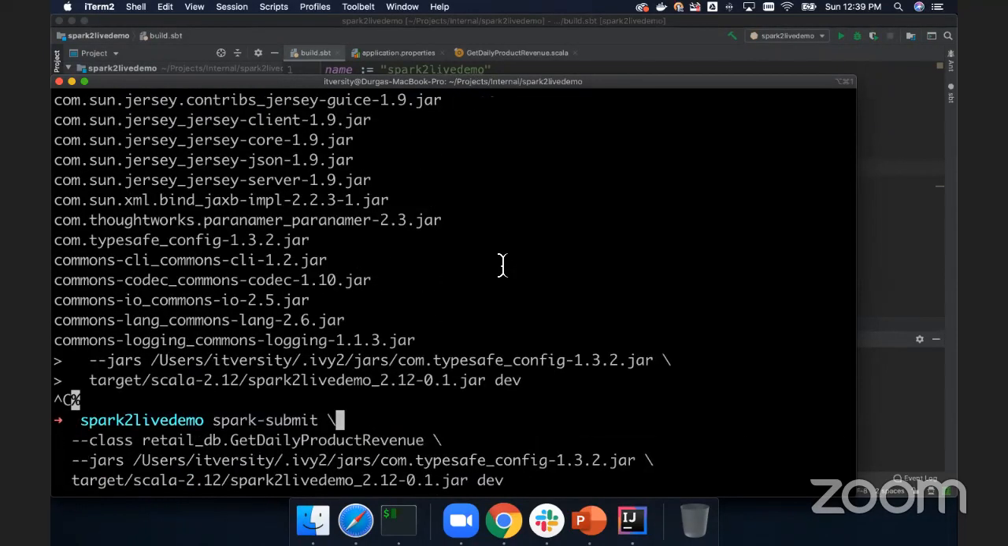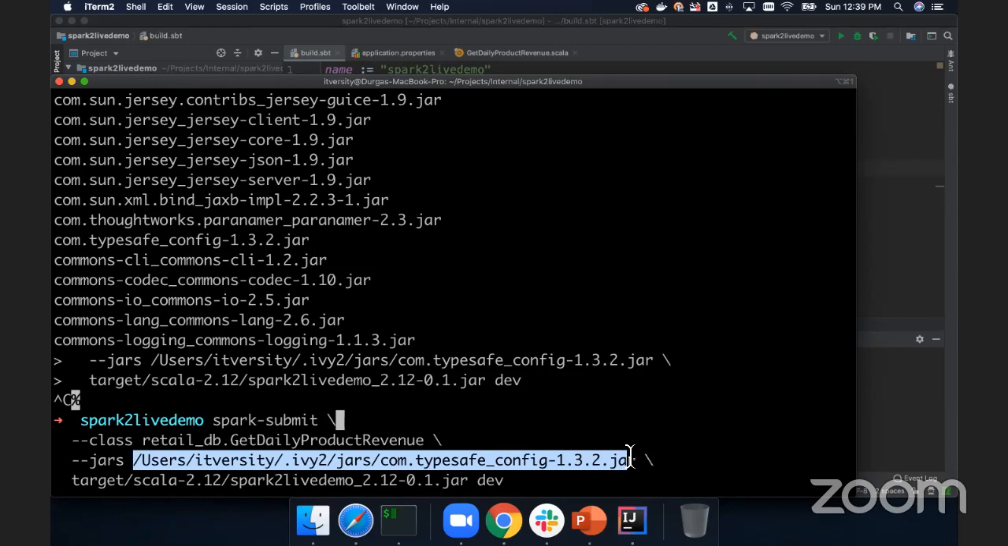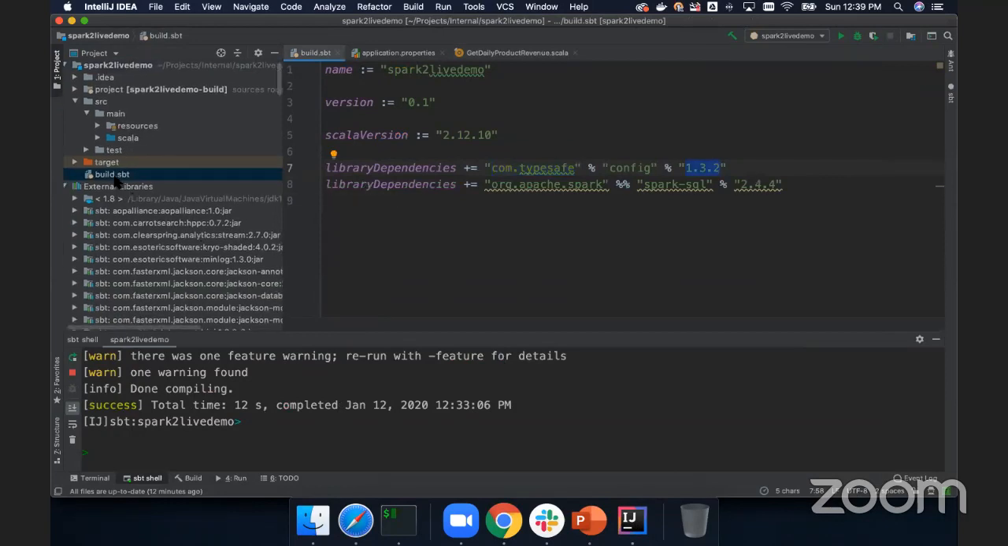Let me hit up arrow and let me show you the complete command. So this is the complete command. We have spark-submit --class, the fully qualified class name with package.class name, and then jars. And I have provided the fully qualified path of the jar. The reason why you see it under .ivy2 is if you go to IntelliJ, whatever dependencies are defined as part of the build.sbt, all the jar files which are downloaded when we add these dependencies will be copied to this